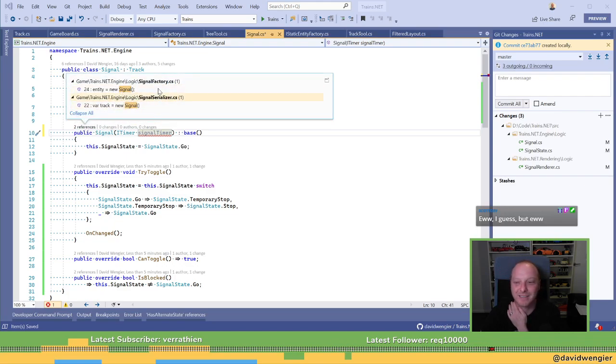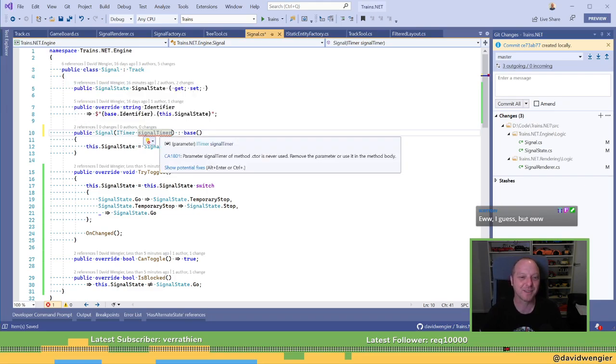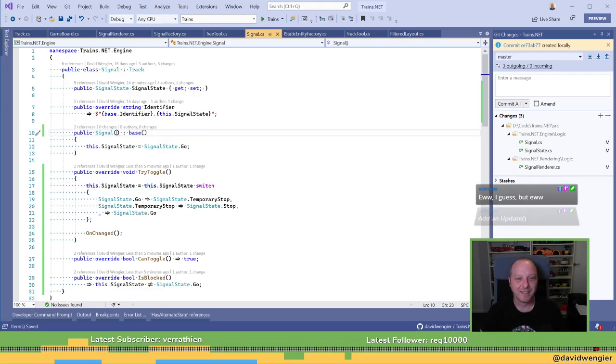Oh, the serializer. Ew. Oh, what did you want? Well, I guess you want to call the method on every frame, right? What is it? Update? Is that the method? Yeah, that's probably fair. All right, fine.